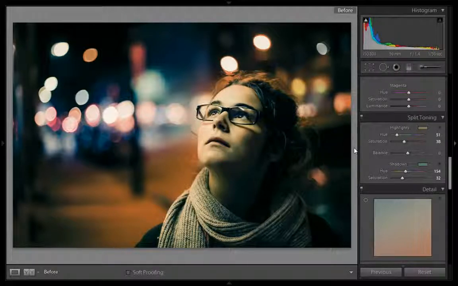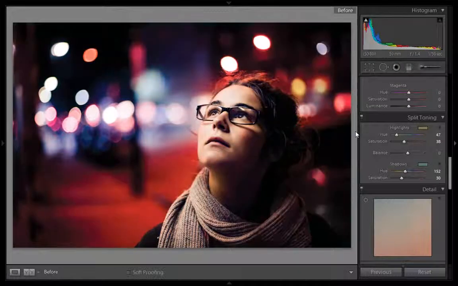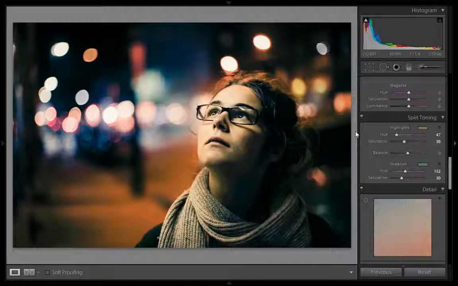So this is the final result that I have got from Lightroom, and you can see the image before. So friends, you can check before and after for this image. This is the original image that I used, and this is the final result that I got from Lightroom. So this is very easy in Lightroom rather than Photoshop, I think.